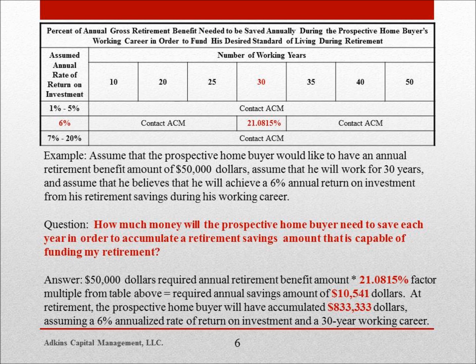With this information, the prospective homebuyer needs to determine how much money he needs to save each year in order to accumulate a retirement savings amount that is capable of funding his retirement. By utilizing the Strategic Retirement Plan Savings Calculator, the answer to this question can be found by multiplying $50,000 times 21.0815% in order to determine the required annual savings amount. In this example, the required annual savings amount is